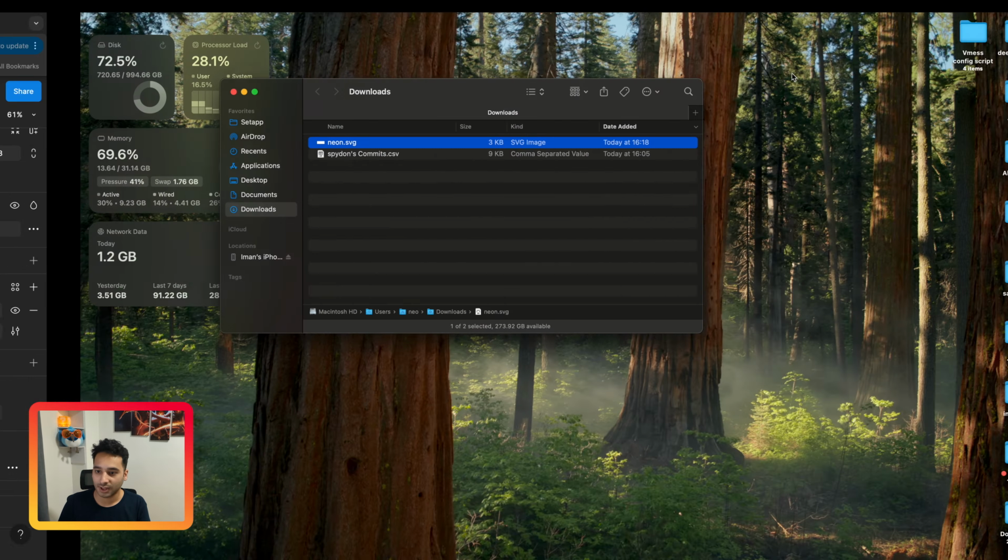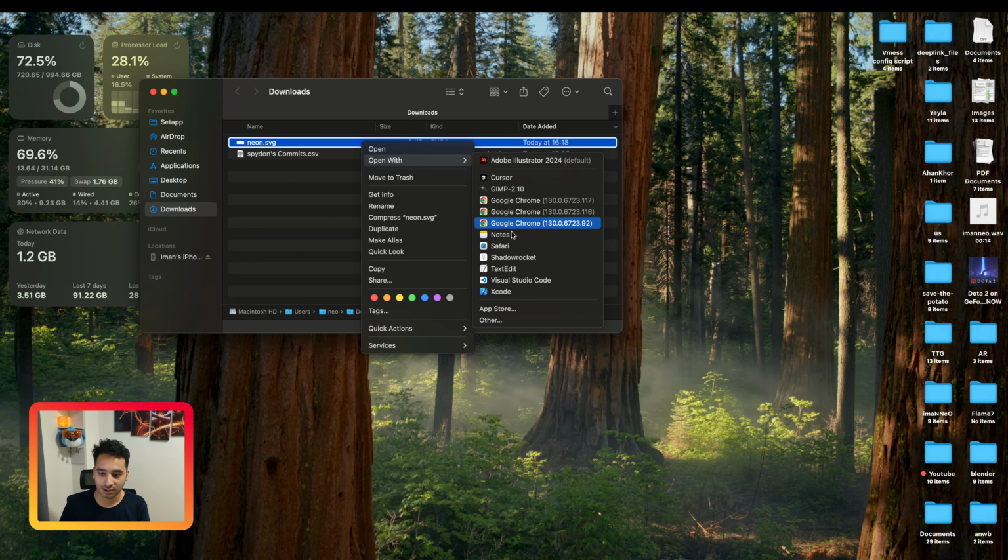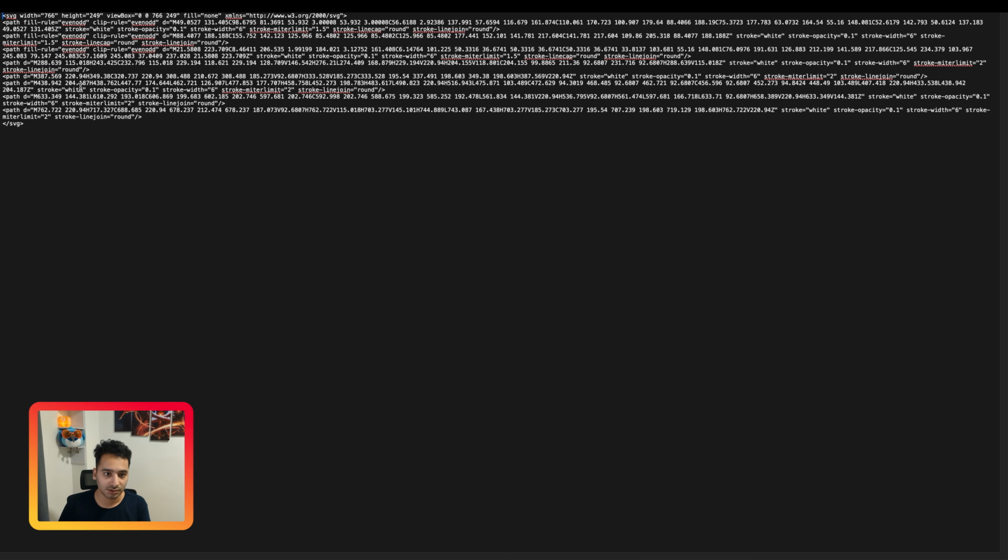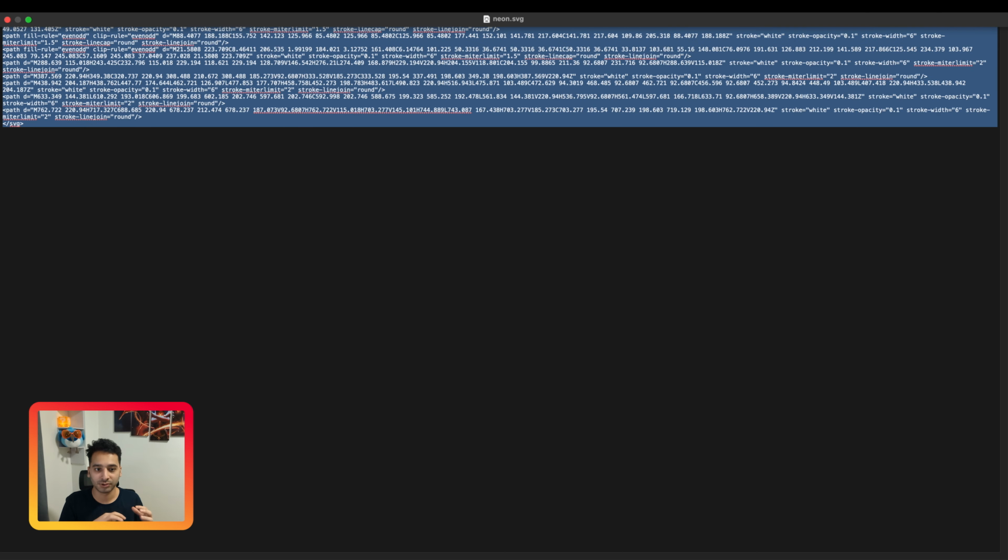And as you see, an SVG file just contains some numbers. So here, for example, we have a path that is going to these positions. So it's a convention to create the SVG files. There are some numbers that determine how the shape should be drawn on the screen. And you can just copy paste this code and you can ask ChatGPT to give you a code that you can run on Flutter using the canvas.drawPath function.